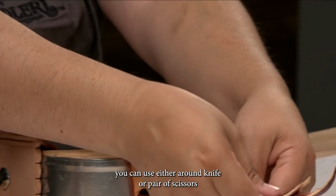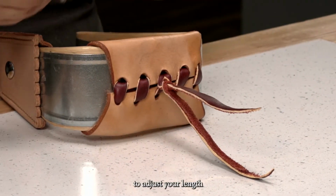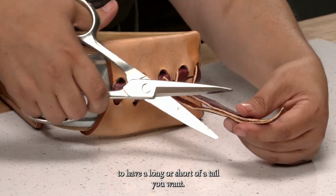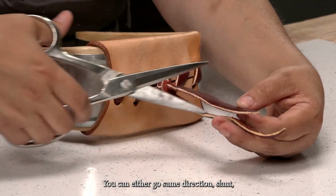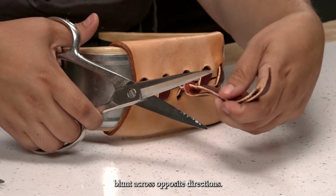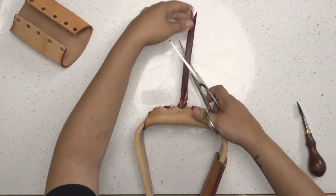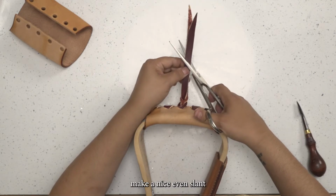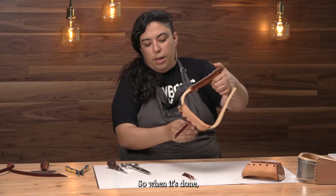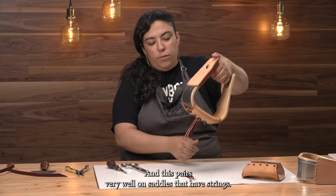And from this point, you can use either a round knife or a pair of scissors to adjust your length to however long or short of a tail you want. And you can either go same direction, slant, blunt across, opposite directions. But for this one, we're going to go ahead and just one cut, make a nice even slant. So when it's done, you have a nice little tab on the bottom,